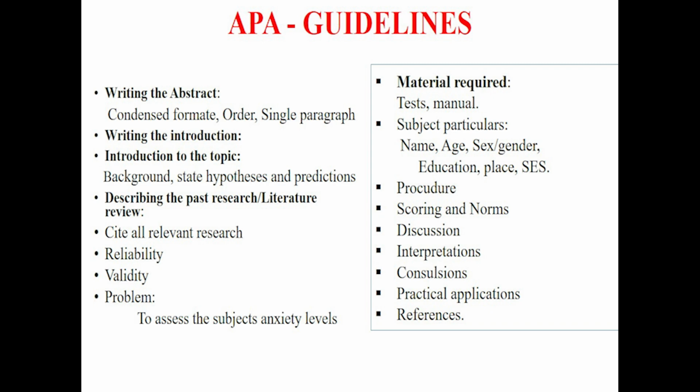You should see the reliability and validity of your study, and what material you are using for your test, and you should be particular about it. For any research to be carried forward, the first step is that informed consent is supposed to be taken. After informed consent, you have to administer the psychological tools, collect the information from those tools, and do the research analysis. From there you have to do discussion, interpretation, conclusion, and practical applicability of your research findings. These are the APA guidelines of report writing.